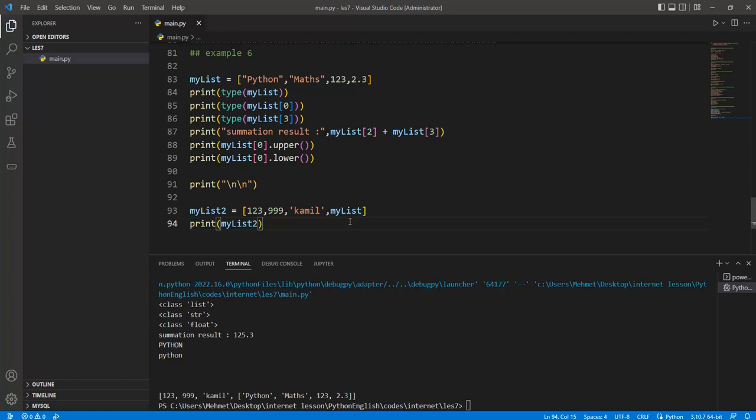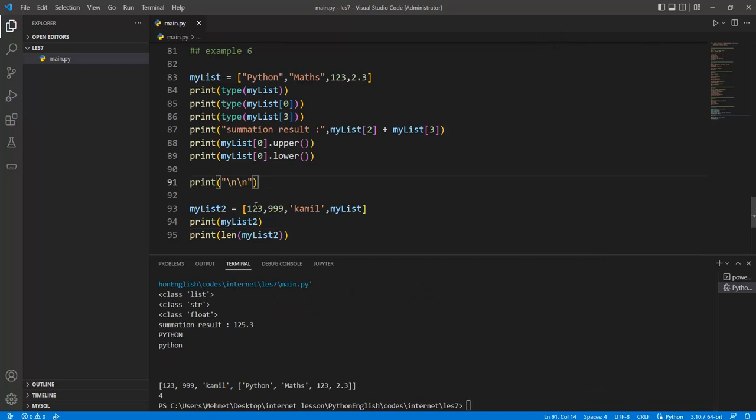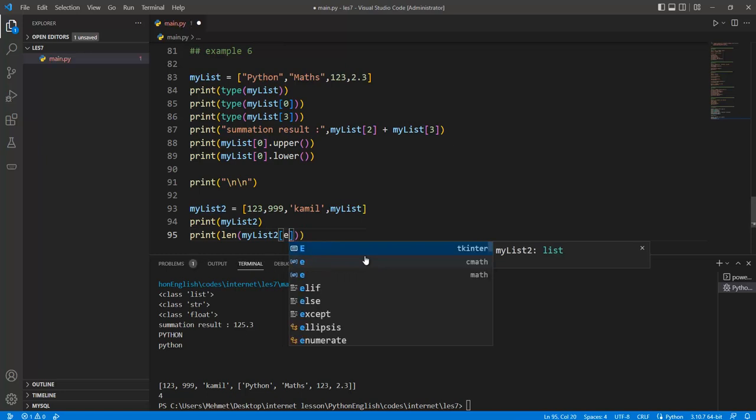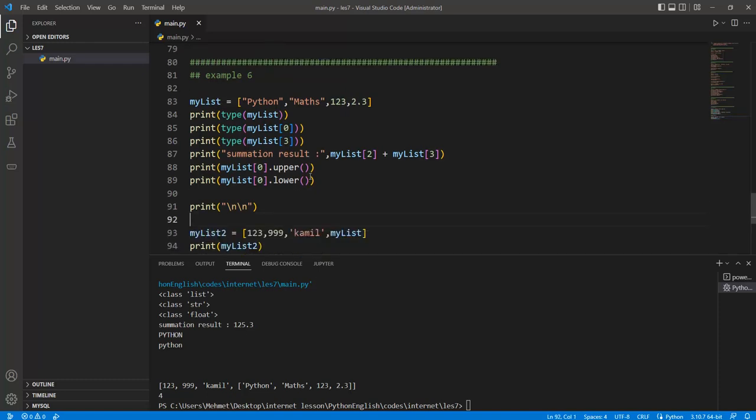And we may use this formation in here. For example, print the len of my list 2, which is given as 4, because 1, 2, 3, and 4. But my list, the last element in here, like this one, the 3, also includes the 4 value in here. Okay. And so these are the basic introduction with the list class, which is given in the